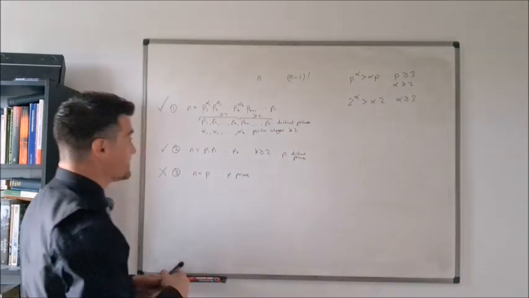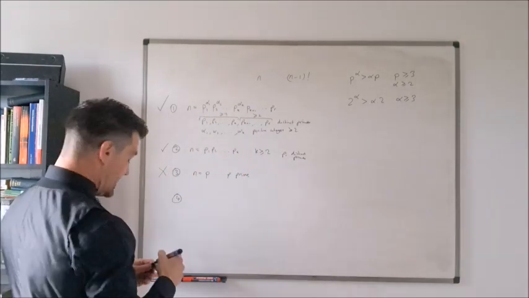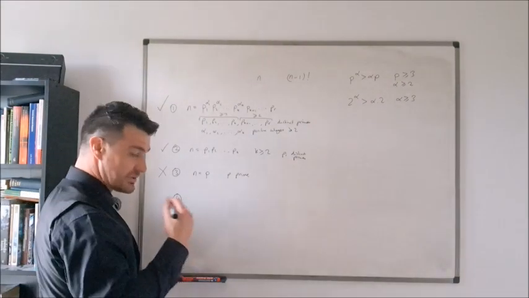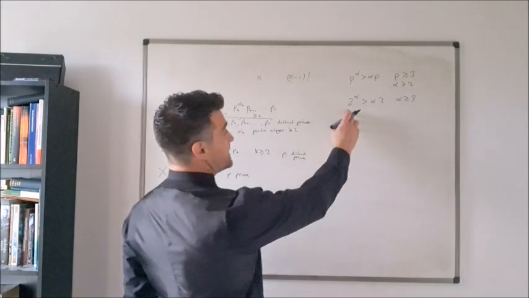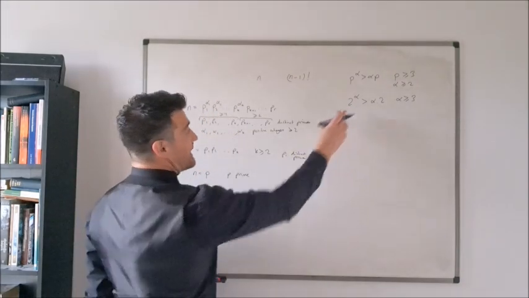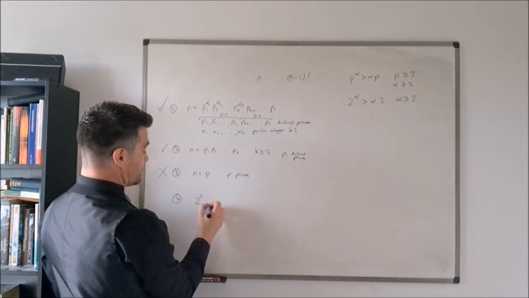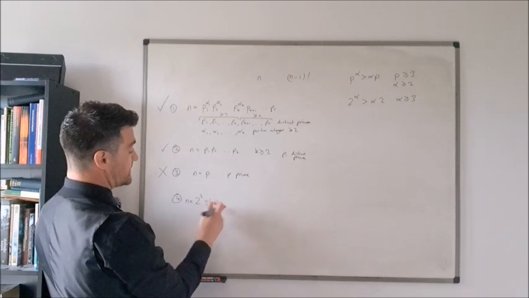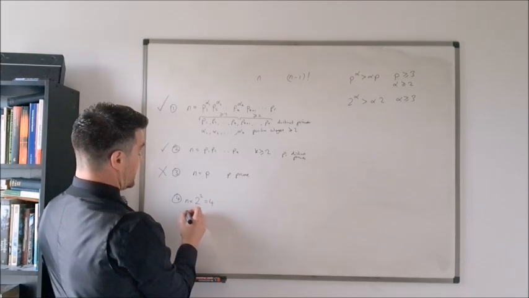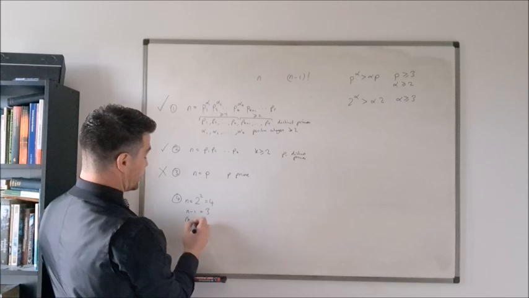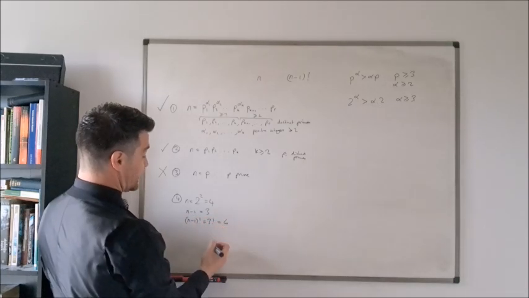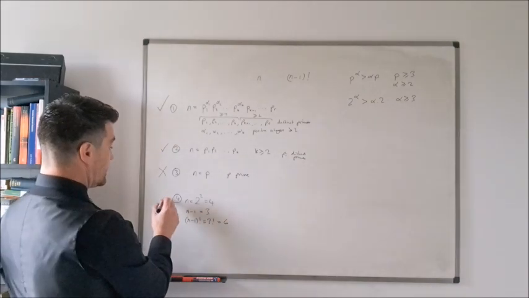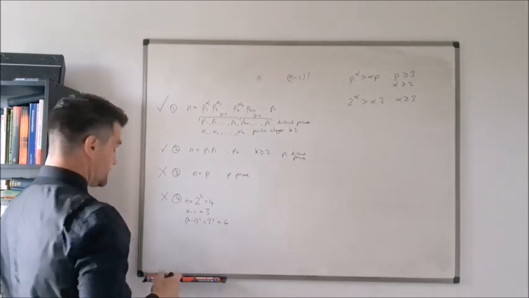Okay, so then case number 4. Again, these are just as they came to me, really. So now we need to start looking at powers of 2. In particular, when alpha is equal to 2 up here. So 2 to the power of 2. Remember, 2 to the power of 2 is equal to 4. So if n is equal to 2 to the power of 2, which is 4, then n minus 1 is equal to 3. So n minus 1 factorial is 3 factorial, which is 6. 4 does not divide 6. So therefore, n equals 4 does not divide